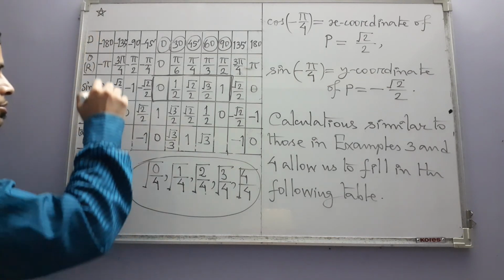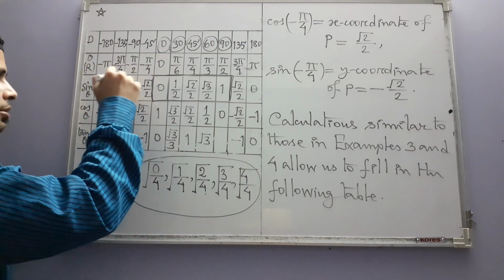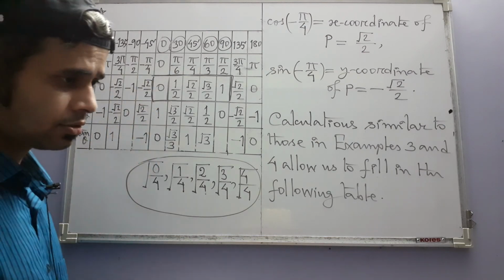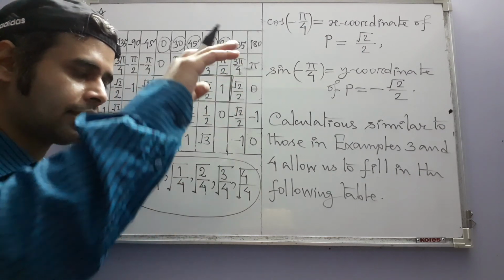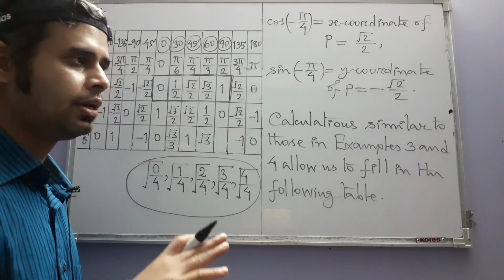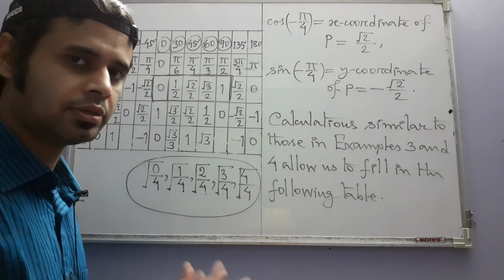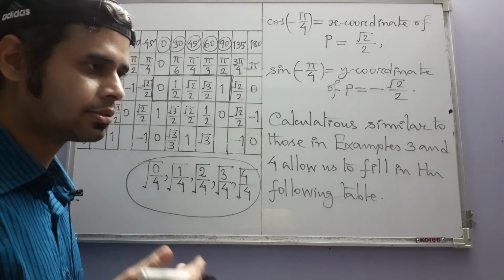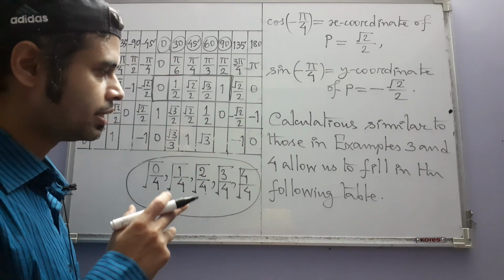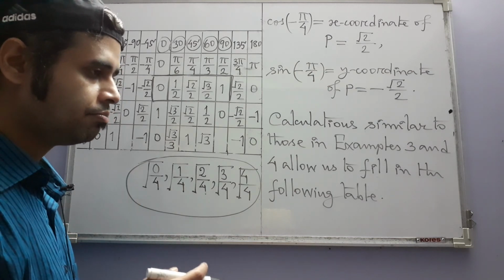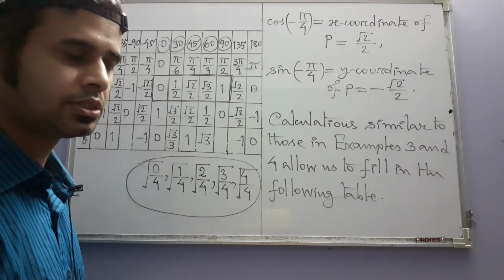For example, you see this value repeating here for sine theta. So the graph of sine theta is like a wave, and the fact that the values repeat after regular intervals